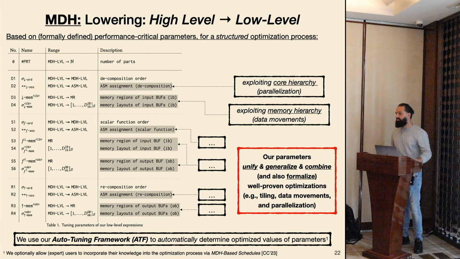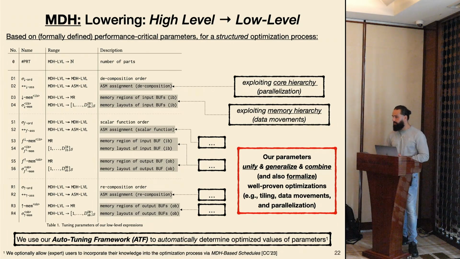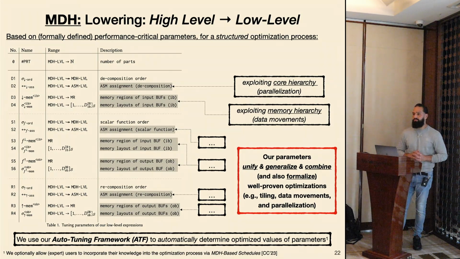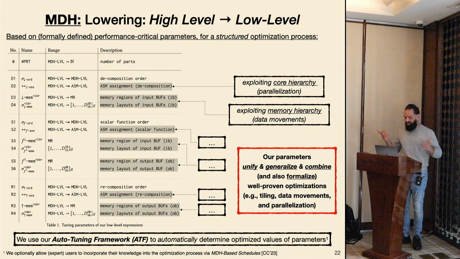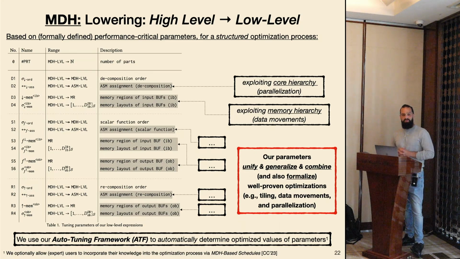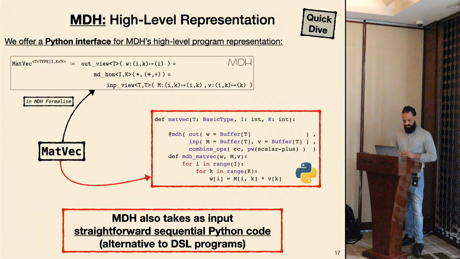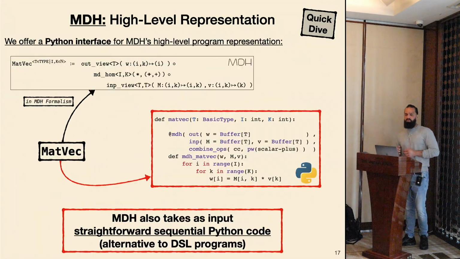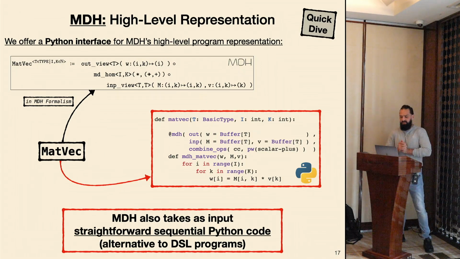I was wondering, in what sense do you use the word homomorphism? Is it that there are a lot of operations that have a certain homomorphism? That's actually a very good question, because I don't even have to bring the definition of homomorphisms here. The functions that we can express via our higher order functions, with this kind of representation, need to be homomorphisms. Homomorphism actually means that you can split the iteration space in any dimension, when speaking very technically, and